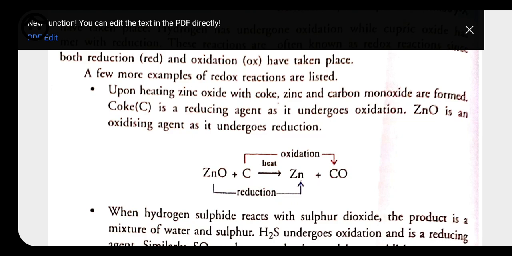Okay, and what about carbon? First, carbon is in the elemental form on the reactant side, but on the product side, carbon gains one oxygen, meaning gain of oxygen takes place. So gain of oxygen is called an oxidation reaction. Okay, so oxidation and reduction both take place in the same reaction. When these both take place in the same reaction simultaneously, this type of reaction is called a redox reaction.